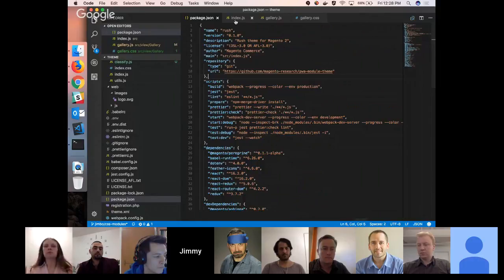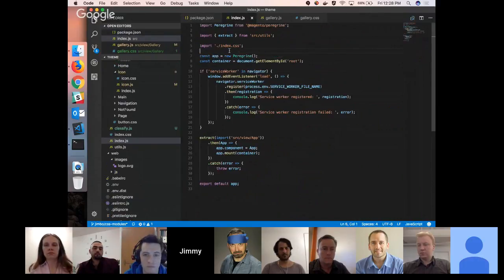And then if we go over and look at the entry point, which is where the JavaScript app kicks off, when you send the JavaScript in one bundle to the client, this is where everything's going to start. We pull in Peregrine, which is going to be our React starting point, helps us create an app.